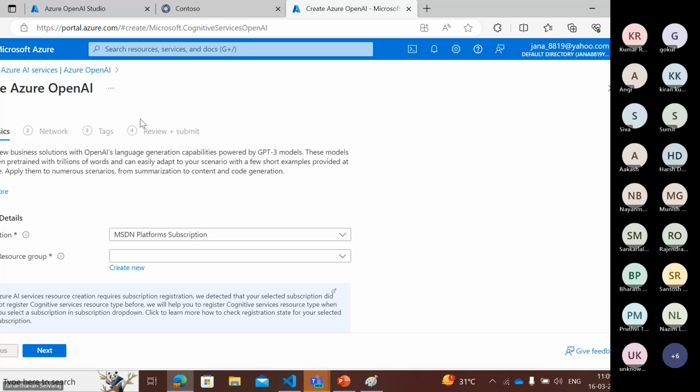I believe my Azure OpenAI screen is visible right now. Yes. Okay. So the Azure OpenAI resource is a part of Azure AI services. So we have to have a subscription. Afterwards, we will be creating a resource group. And Azure OpenAI is a region-specific service. It will not be available for all the